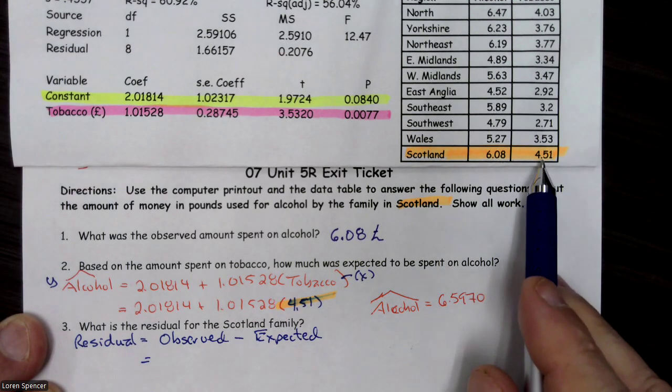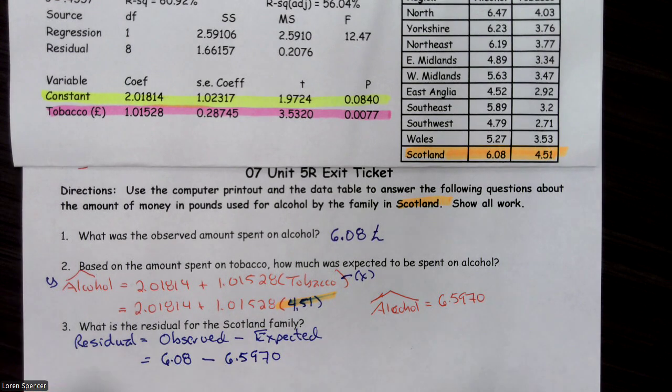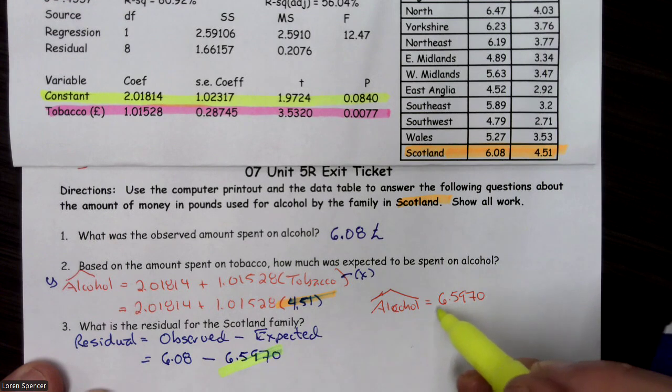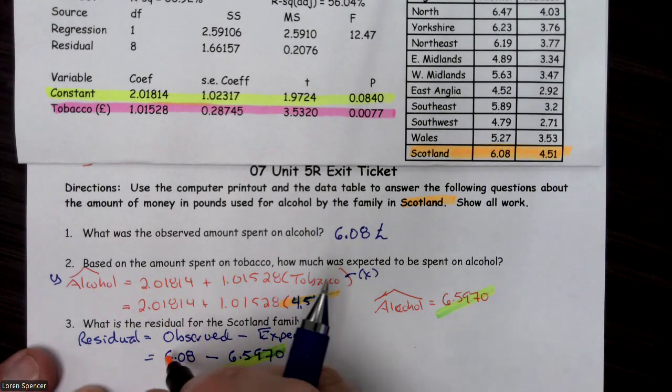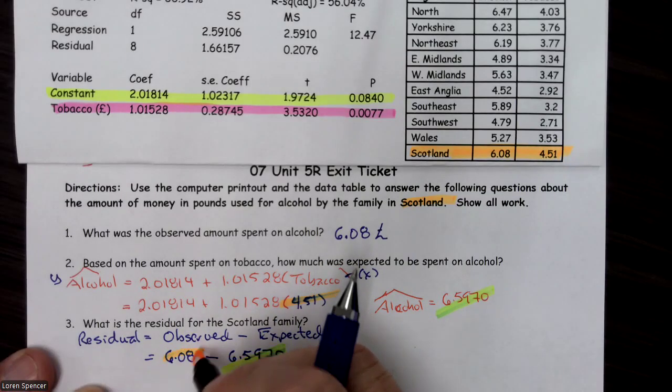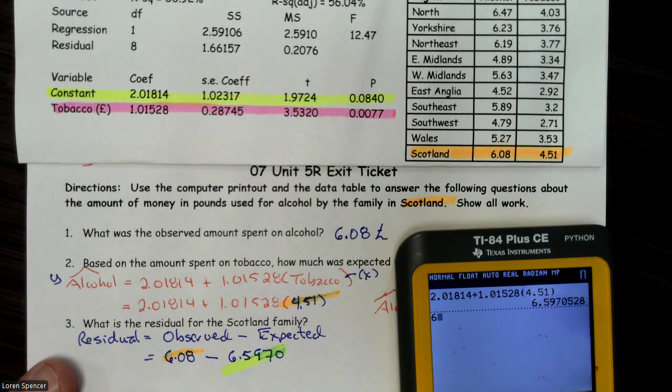And our observed was 6.08, and our expected was 6.5970. And so we just need to subtract those to actually get our residual. So in this case, when we subtract them, 6.08 minus 6.5970